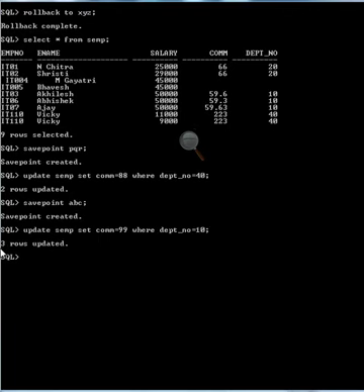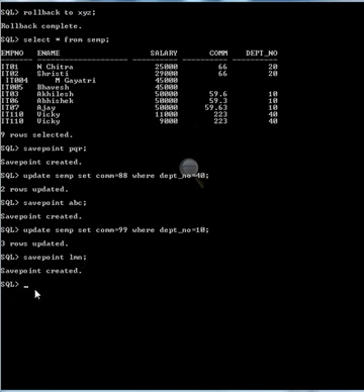So we have done some updates. Now I can give another save point, LMN. We have now created multiple save points: first PQR, then ABC, then LMN.